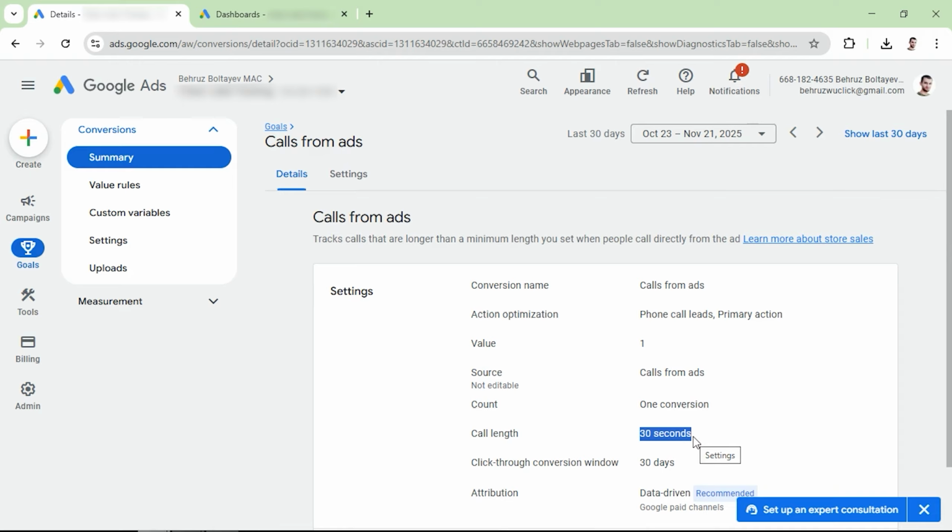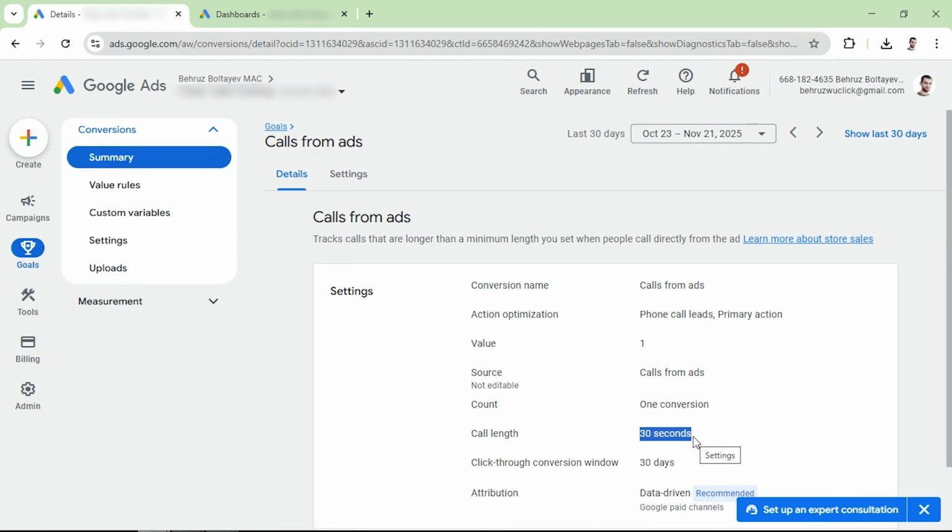Google Ads Smart Bidding can try to generate more and more of those kinds of phone calls rather than generating 30-second or 20-second phone calls. With that adjustment, you can also help Google bring you more higher quality phone calls. But in my experience, 30 seconds can also work fine. Sometimes I might use 60 seconds or 40 seconds, but depending on your requirements, you can increase or decrease this